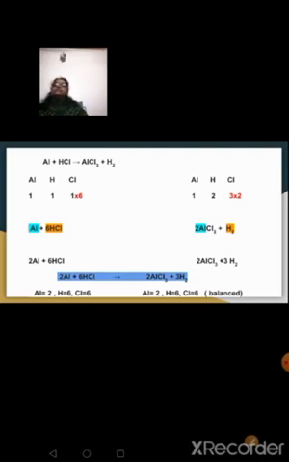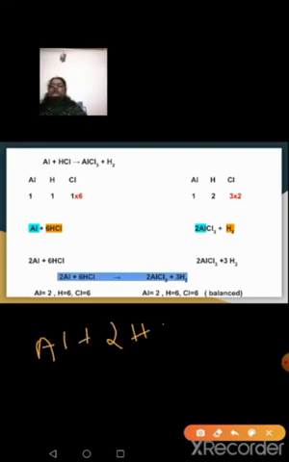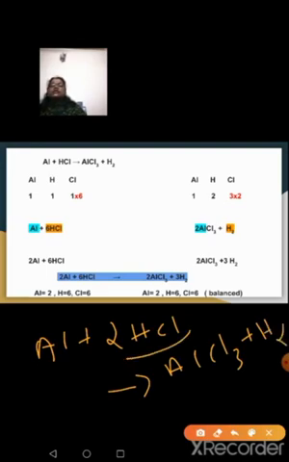Now let me begin with chlorine. See, this chlorine on the right hand side I can increase to any number. If I want to make the hydrogen equal, if I put Al plus 2HCl and I write AlCl3 plus H2, my hydrogen will be balanced, but the chlorine, here it will be 2, here it is 3, so it goes unbalanced. But this chlorine cannot be made 2, you cannot reduce, you have to keep increasing. This 3 cannot be made 4, you have to use multiplication only, no addition here.